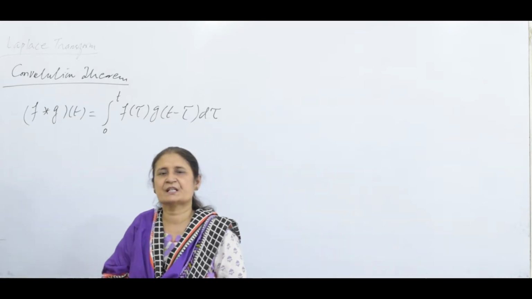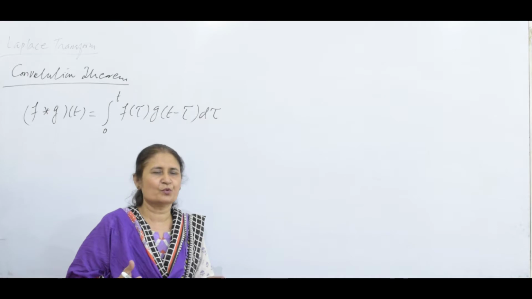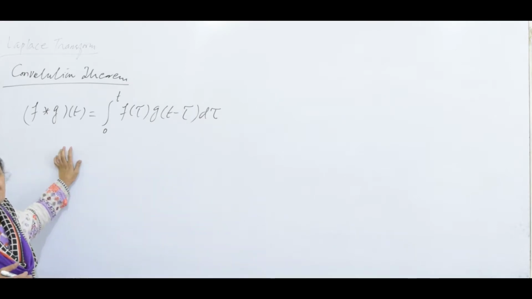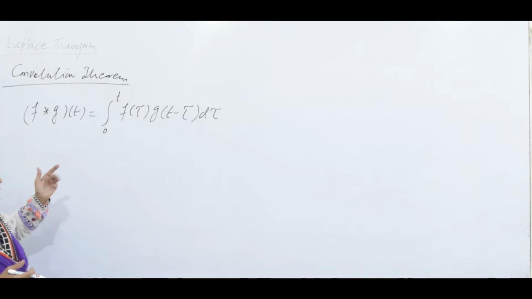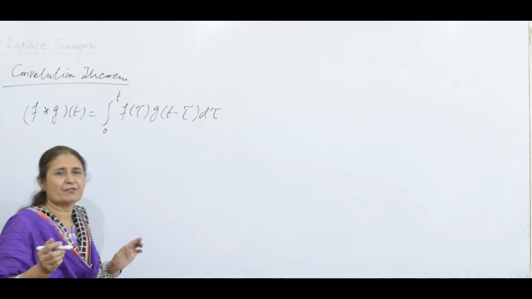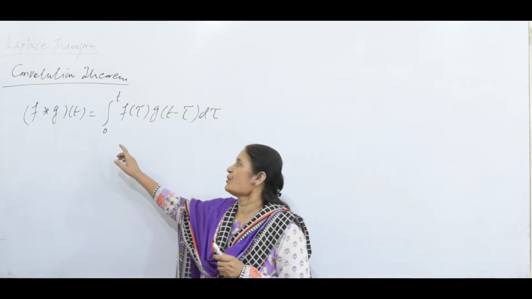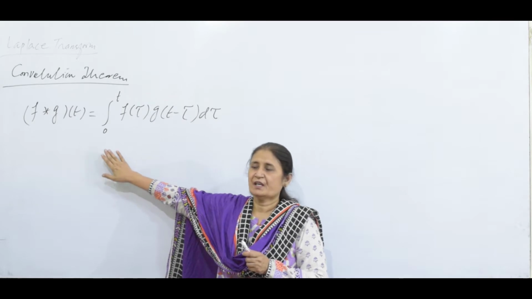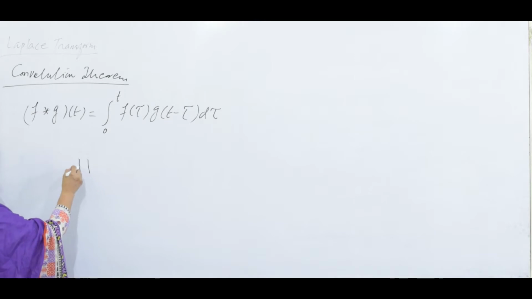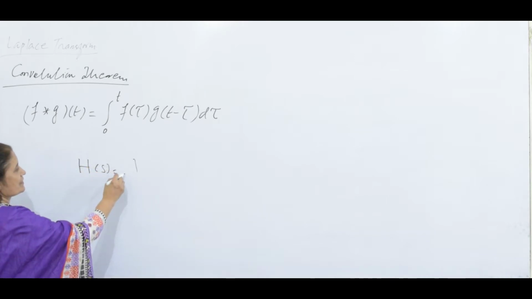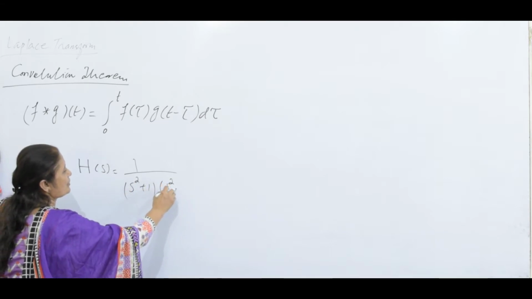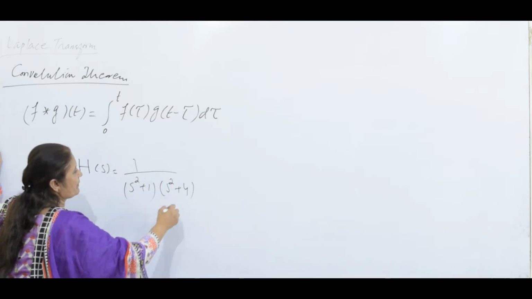In the previous lecture we covered a couple of properties of the convolution. Convolution is commutative, associative, distributive, and has some more properties. Last time I mentioned convolution is an alternative to partial fractions. If you are finding the inverse Laplace transform, for example of 1 over (s squared plus 1)(s squared plus 4),